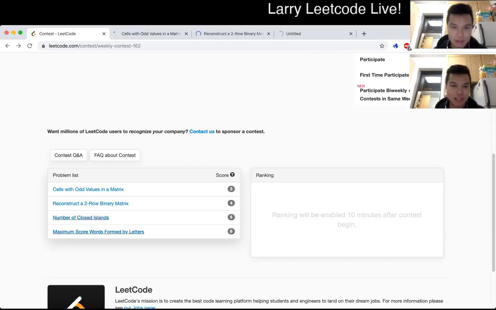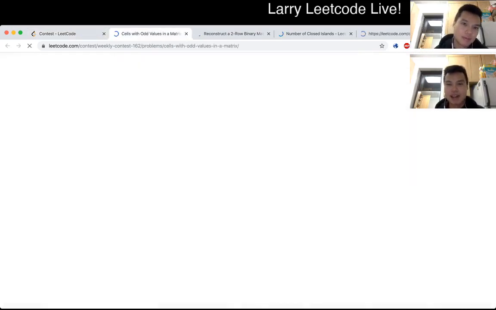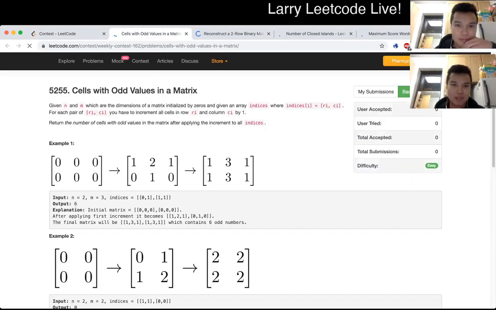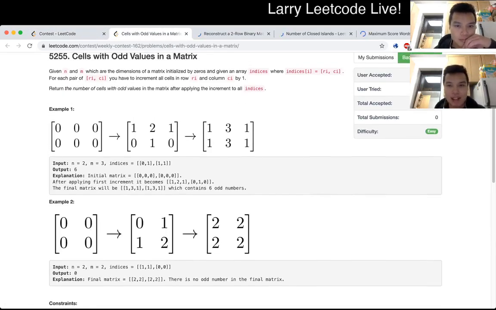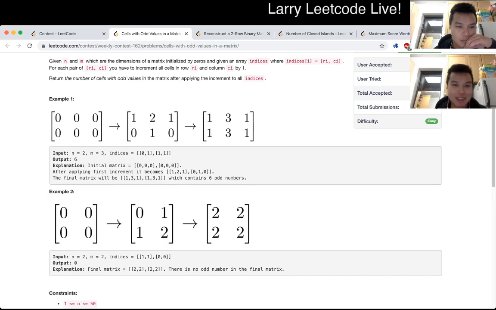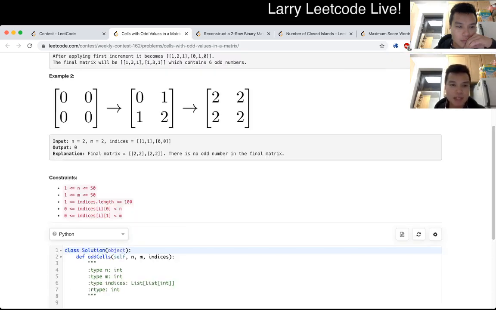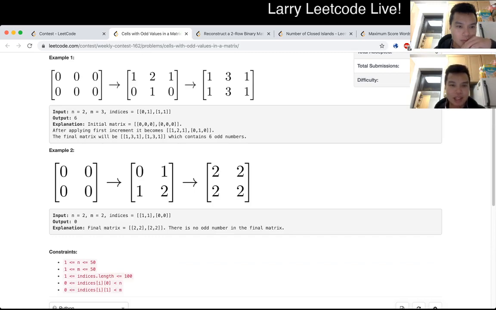Cool. So as usual, I open all four problems at the beginning, so that way, while I'm reading the first problem, everything will be loading. I think I should learn that from Eric Toll. I don't know if I'm saying his name right, but yeah. For this one, I think as soon as I saw it, I was like, oh, okay,